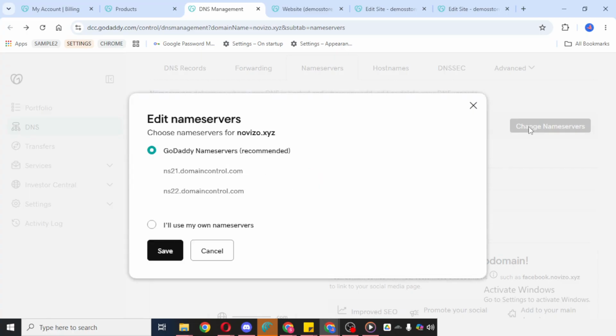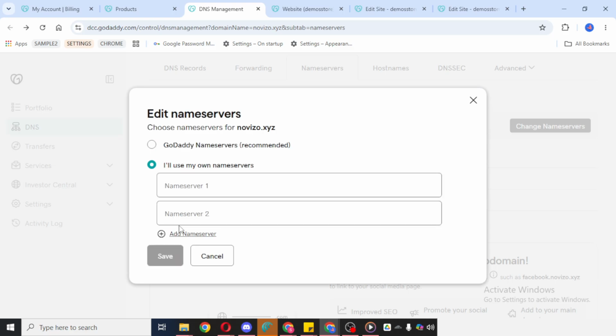Now, select the option that says you want to use your own name servers. This is the correct choice when another provider has given you name server addresses to enter. After selecting that option, click Save so GoDaddy can move you to the next step where you'll enter the name server details. At this point, enter the name server names exactly as provided by your hosting company or DNS provider.